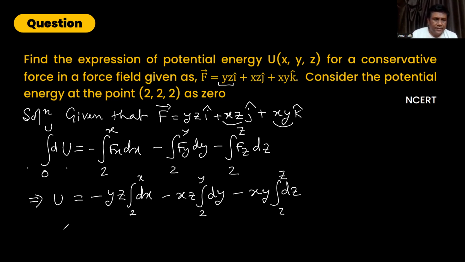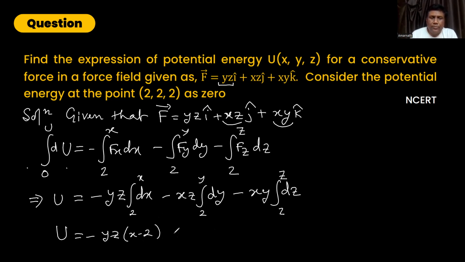So what will the potential energy be? That is the interesting answer you are going to get. Yz times x. If the lower limit was 0, then obviously the answer is xyz only, for the first part. Second part also xyz, third part also xyz. But they have given a limit, so that is why it will be a little bit different. So yz